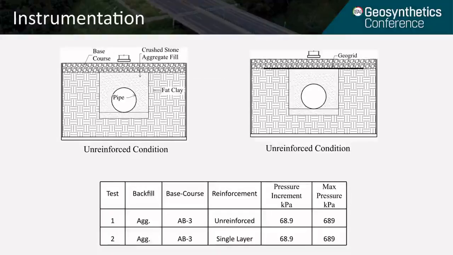The 300 millimeter plate was used to load in pressure increments of 68.9 kPa, or 10 psi, up to a maximum 689 kPa or 100 psi. After the maximum load of 689 kPa was reached, the load was reduced in the following steps: 413.4 kPa, 137.8 kPa, and 68.9 kPa back to zero pressure applied. 2 tests were run, once with reinforcing and once without reinforcing.